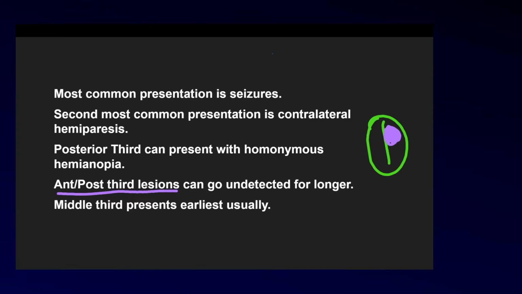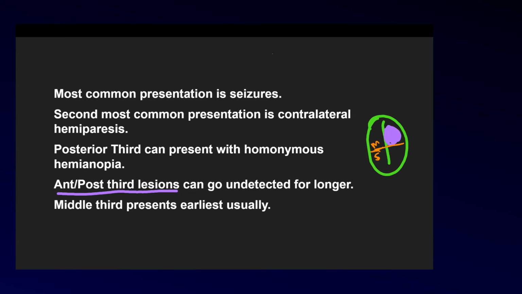So with the middle third, we know we have the central sulcus here. Along with the central sulcus, we have the motor cortex and the sensory cortex. So this region is a high density eloquent region. If anything is going on, it is a lot more likely to present earlier, whereas the anterior third lesion